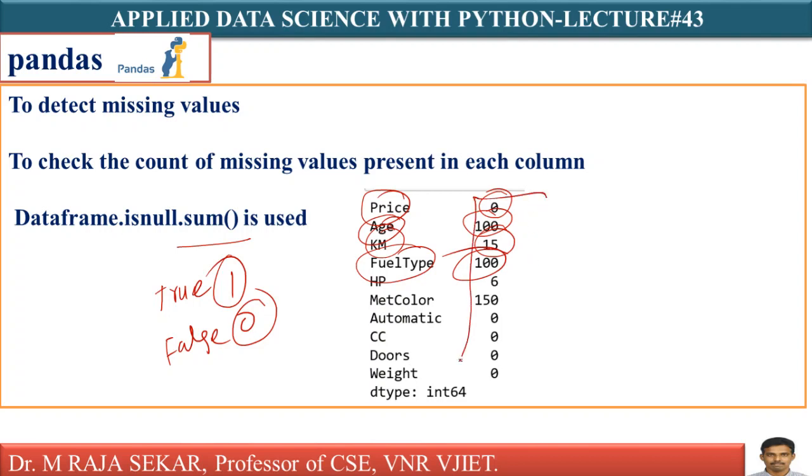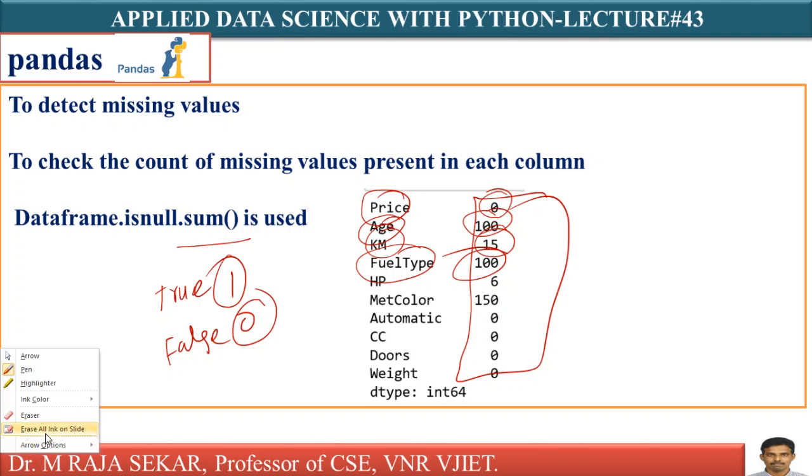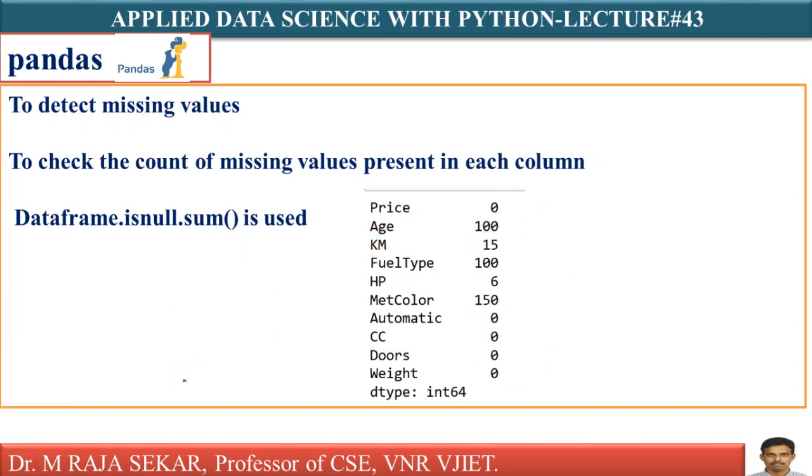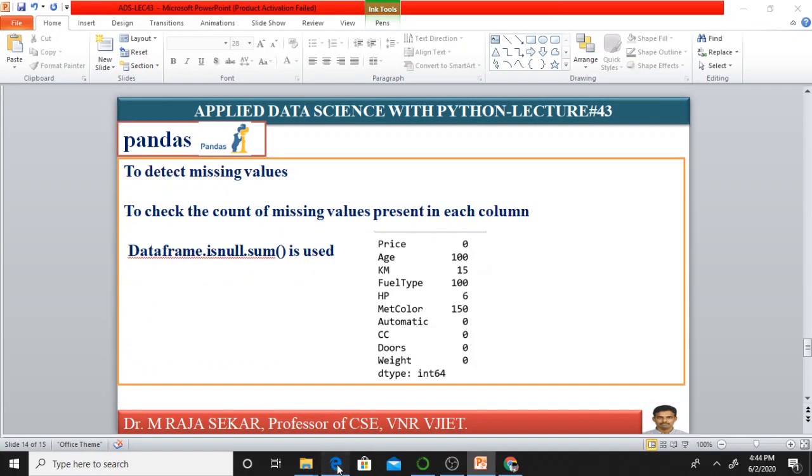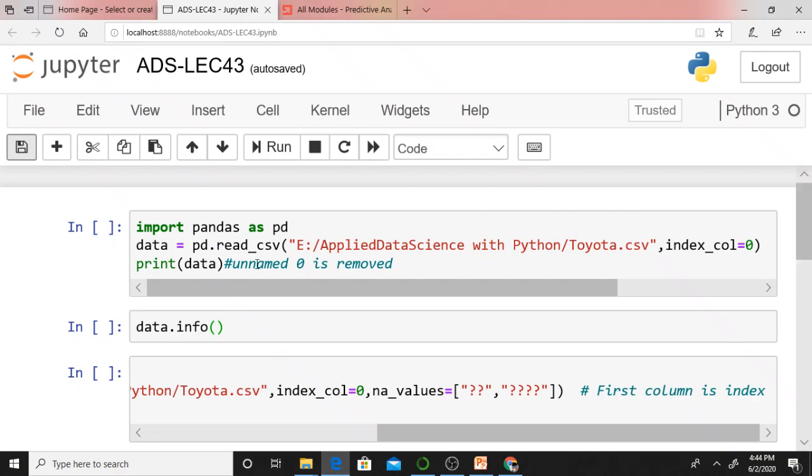This missing value information is very crucial. Now, these missing values will be treated with appropriate techniques. I will discuss how to deal with these missing values in my future classes. For the time being, let me go to our Jupyter notebook and we will try to analyze the same thing in our Jupyter notebook. Just see this one, this first one.